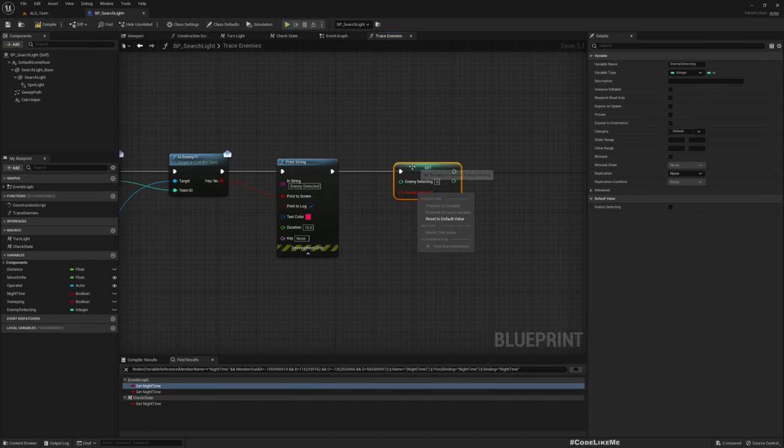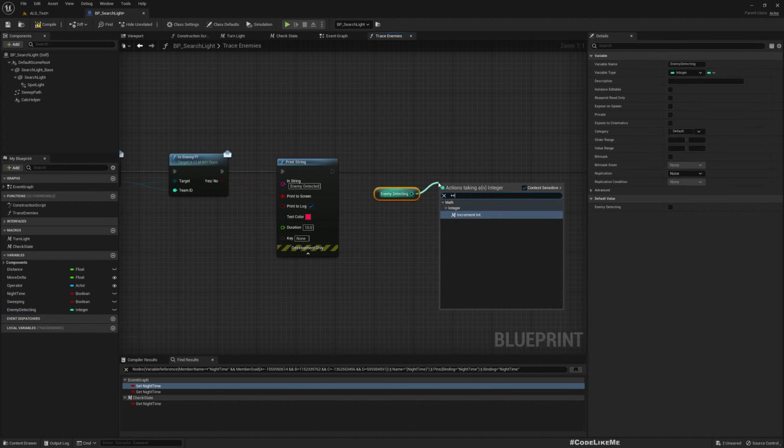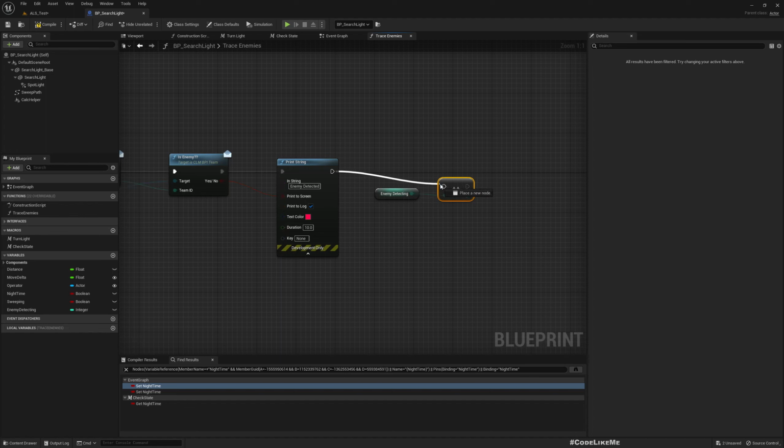Okay, the reason is, and now let me remove that. Here I'll get this and start incrementing. The reason to do that is when I have an enemy detecting value of maybe more than 5, in order for that to happen, we should have 5 consecutive hits on the character. So in that case we can consider the enemy is fully detected. Let me change this, instead of detected to detecting,